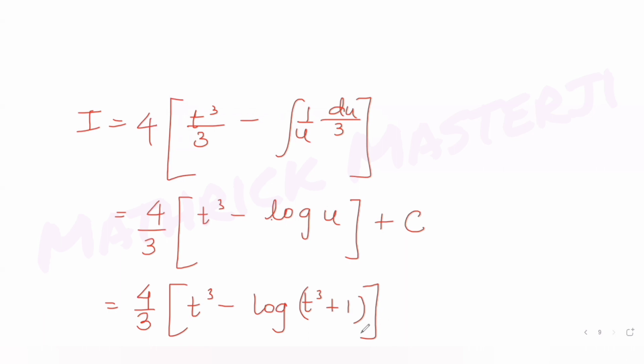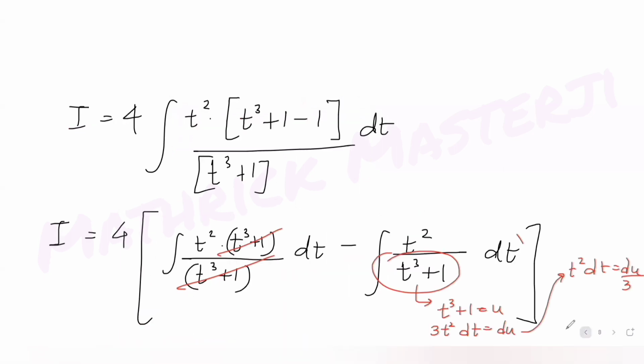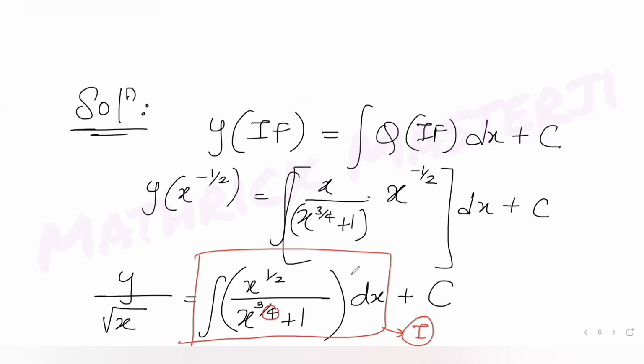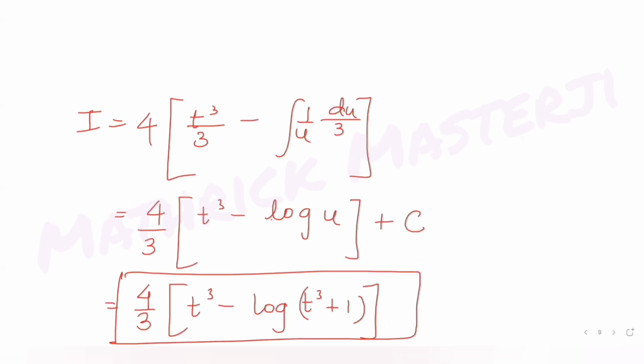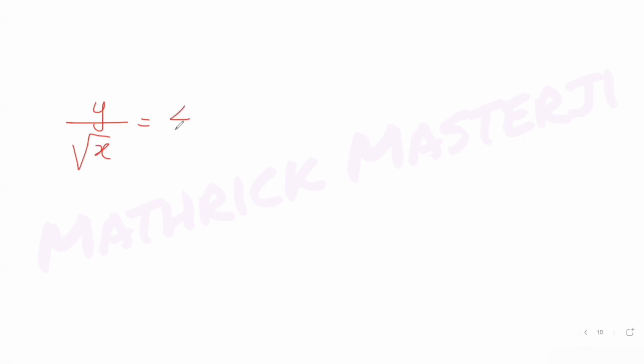Now if I further try to solve this, let's see what I get. I have my value of the I integral here, and once I have that value, I put that here instead of my solution of the differential equation. So my solution of the differential equation changes to y over root x is equal to the value of the integral, which is 4 by 3